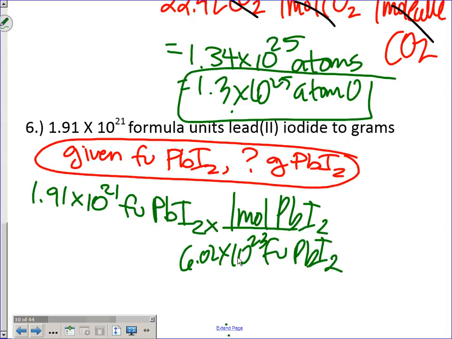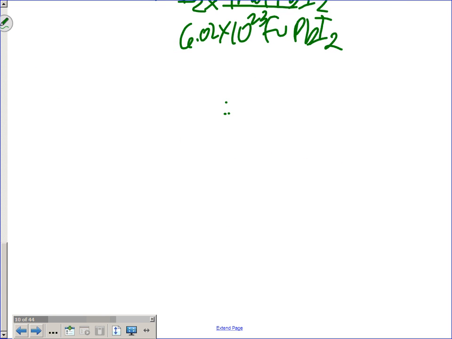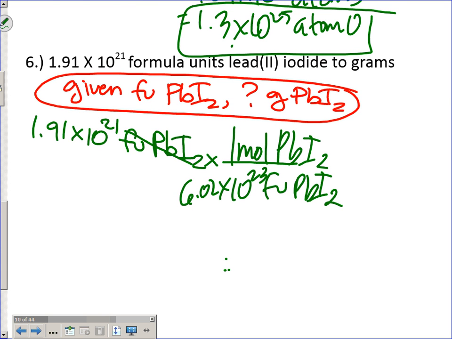So as I'm canceling here, now your job is to look at our final unit of interest, which is mass, grams of PbI2. I've gone from formula units to moles. How do I get to mass? Say again? Due to the mole to mass relationship, right? Mole to mass, molar mass is going to be the molar mass of PbI2. So where are you pulling that information from? Periodic table. So do I put mole on the bottom or mass on the bottom here? Right, 1 mole of PbI2